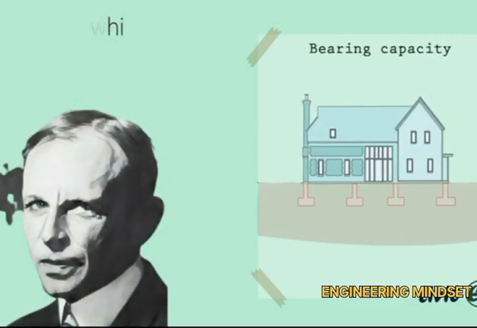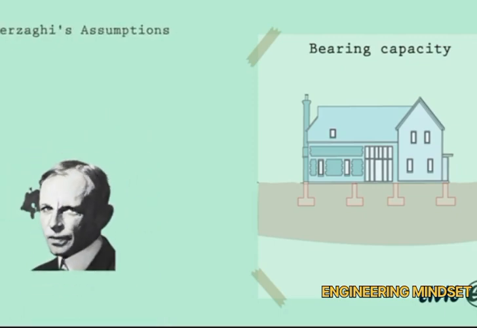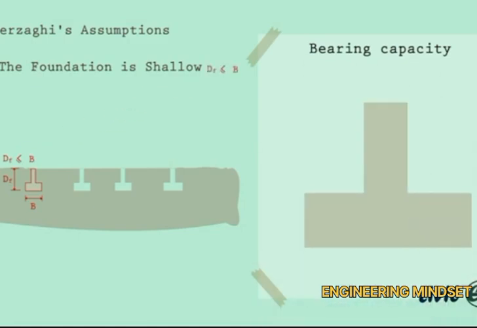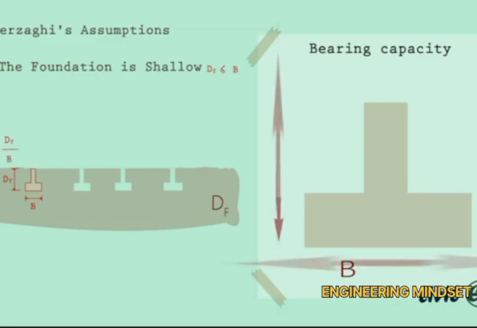Whenever we say there is a theory, that means there are assumptions that formulate that theory. Terzaghi assumes that the foundation is shallow. In mathematical terms, that means the depth of footing D_f is less than or equal to its width B. He also assumes that the ratio between the length and the width is more than 5, and that's what we